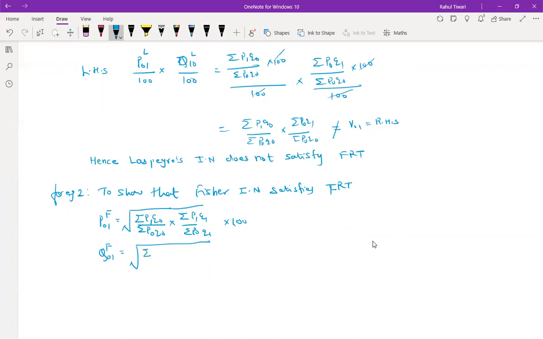So it would be what? P01 divided by P00 multiply by P1 Q1 divided by summation P1 Q0 multiply by. What I did, जहाँ पे 1 है वहां पे मैंने 0 लिखा, जहाँ पे 0 है वहां पे मैंने 1 लिखा. Can you understand? Yes.